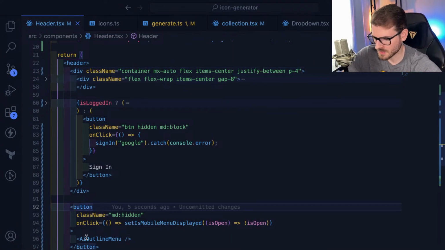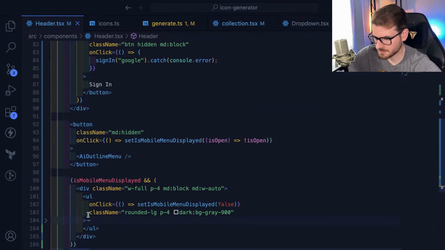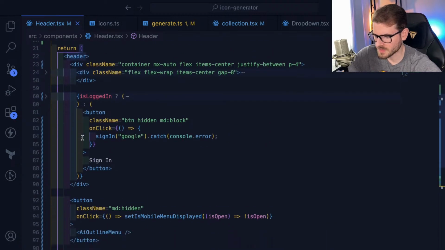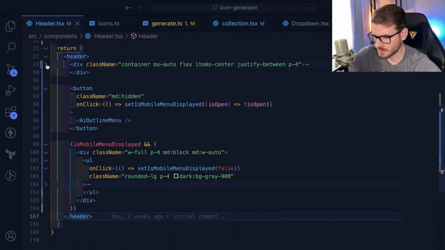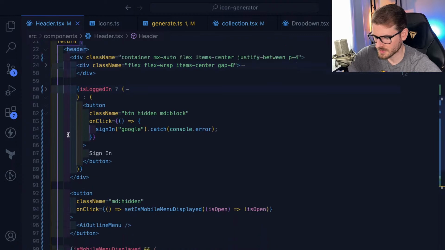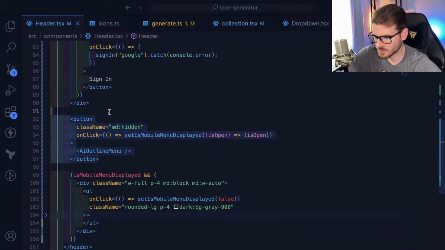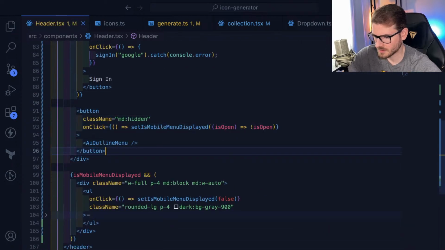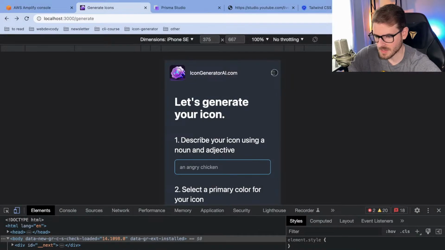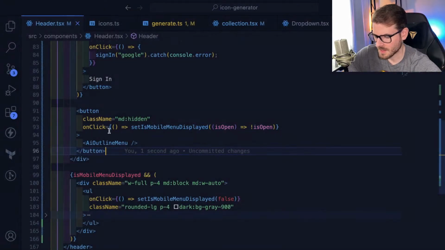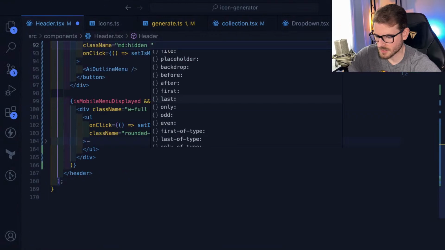What div is this in? This is in the header. I think I want to put this thing inside the actual div here, but it's on the same line. And I should probably give this a